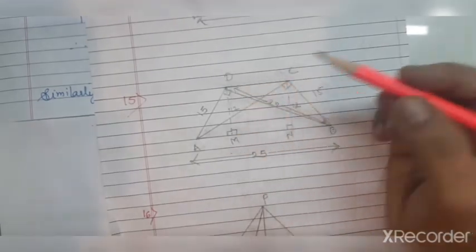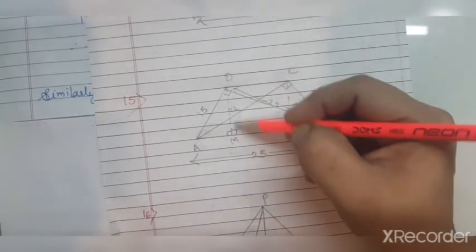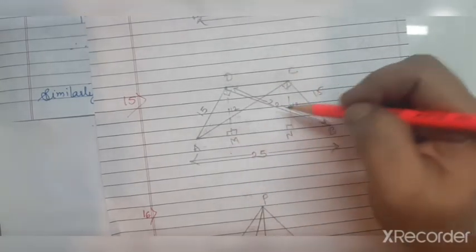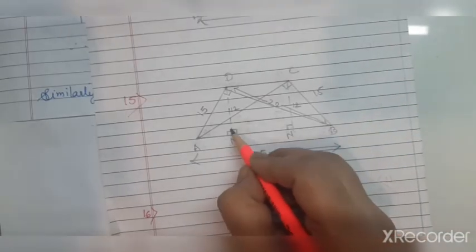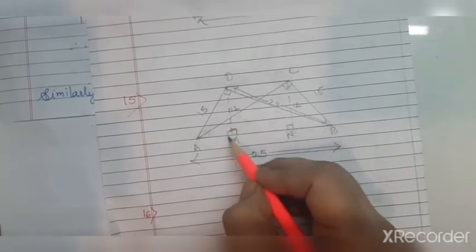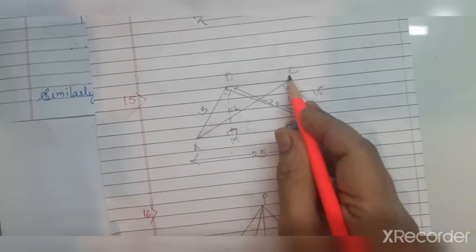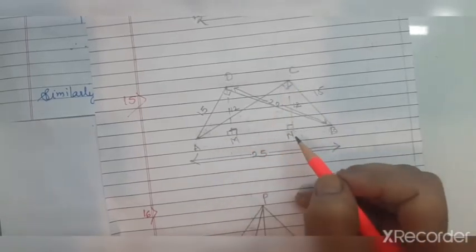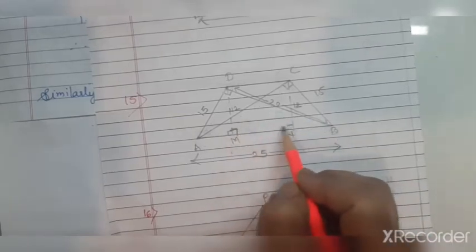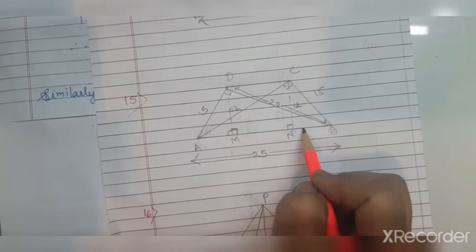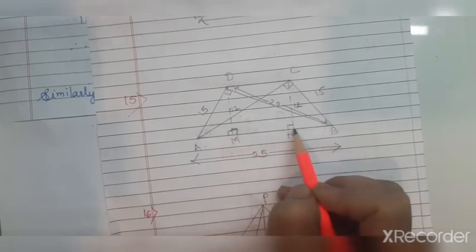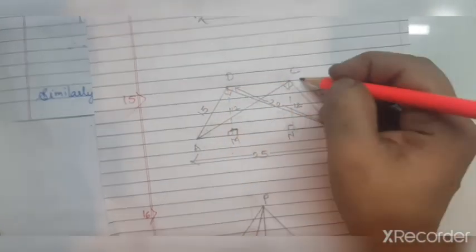If you want, I will explain it again. Just now we found DM is 12. If DM is 12, CN also is 12 because they are the heights between two parallel lines, which are congruent. Then we have taken the construction that DM and CN are perpendicular to AB. Therefore, this particular angle DMN and CNM both are 90 degrees. And if you see here, 90 plus 90 is 180. They also form the interior angles, which are supplementary. Therefore, DM is parallel to CN.